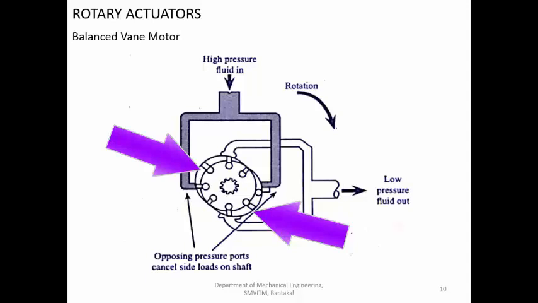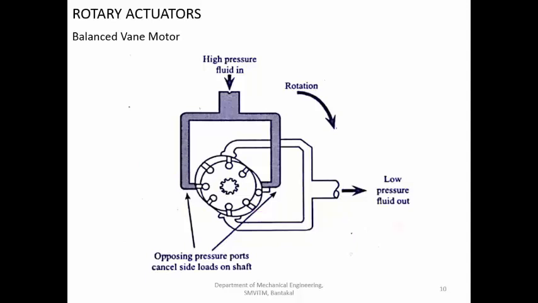Since the forces on all sides of the rotor are evenly cancelling, there will not be any resultant net force acting perpendicular to the axis of the rotor, because of which the vibrations will be less. But the compressed air acting on the vanes here will cause a rotary motion of the rotor. That is the output requirement. So the balanced vane motor requires multiple connections. These connections can be made externally, or in the casing itself you will be having provisions to connect two inlet ports and two outlet ports. Both the methods are possible. That is about the balanced vane motor.